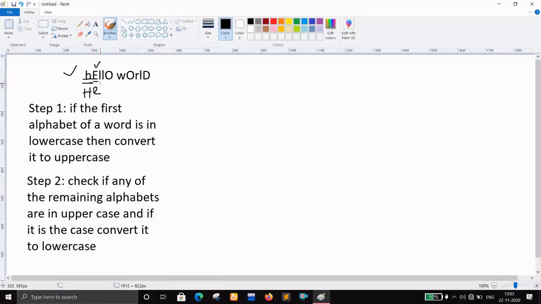And the next element is L. It is already in lowercase, so no need to convert it once again. Again, L is in lowercase, so no need to convert it. But O is in uppercase. Convert it back into lowercase. Similarly, for the next word, world, the first alphabet is in lowercase, so simply convert it